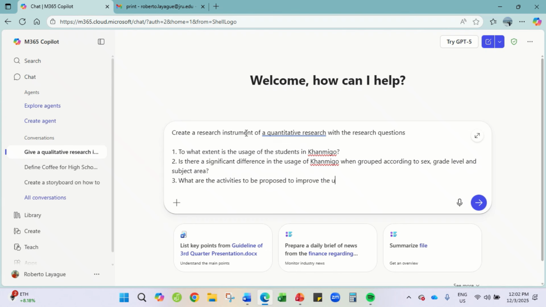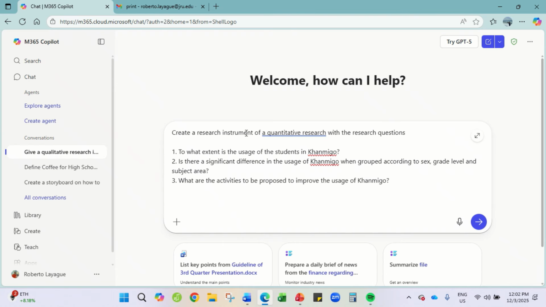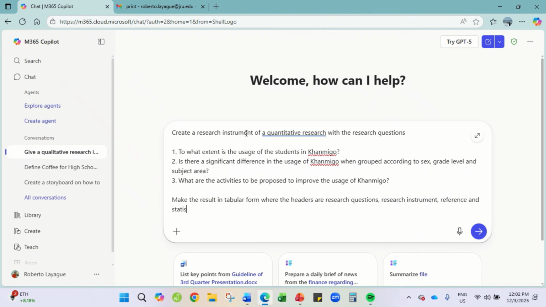To improve the usage of Canigo. In tabular form, where the headers are research question, research instrument, reference, and statistical treatment. So this is for a quantitative study.